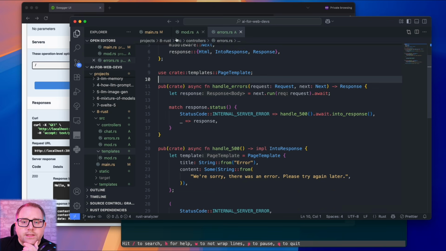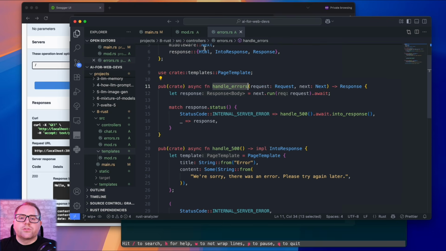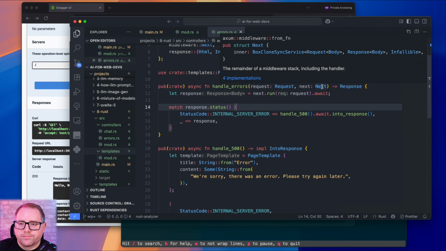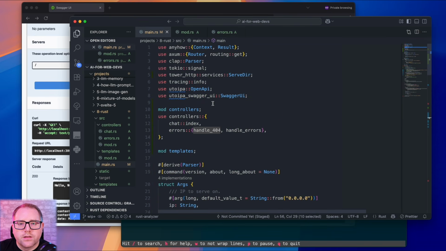We're going to have this handle_errors function that is just kind of like our entry point. So it's going to get the request and the next, so like the next handler from Axum, although I guess in this case it is a layer.